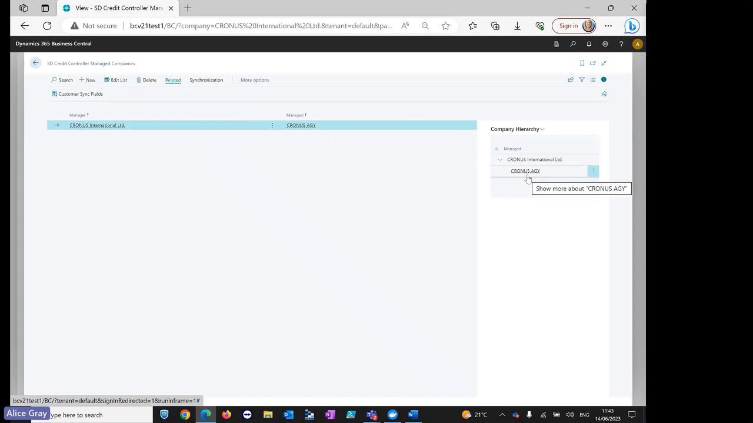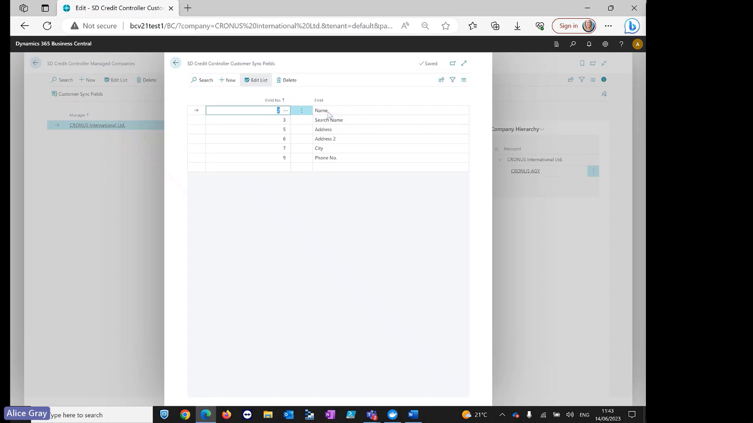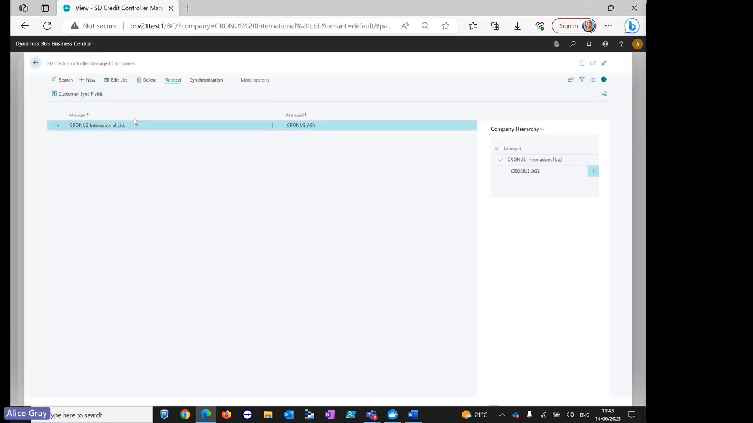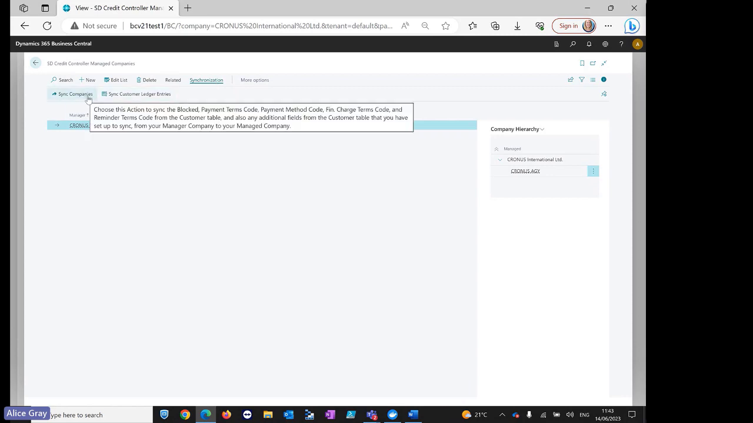So you can also sync fields from your manager company down to your managed company. So you might want to decide, look, I want all my customer names and the addresses and phone numbers that I enter in the manager company to sync down to my managed company. So you can set them up here. And you can set those up just for the customer card only. And also you can choose to sync